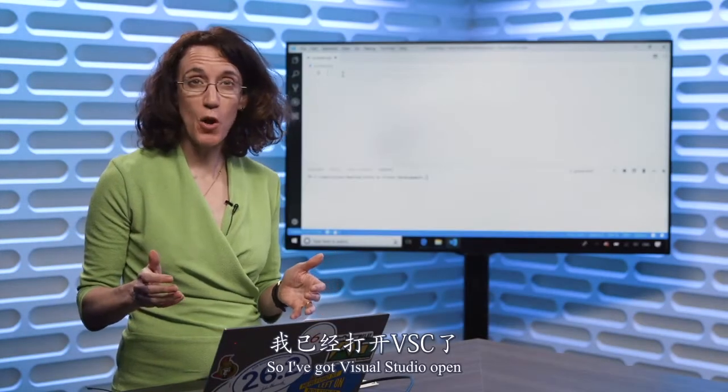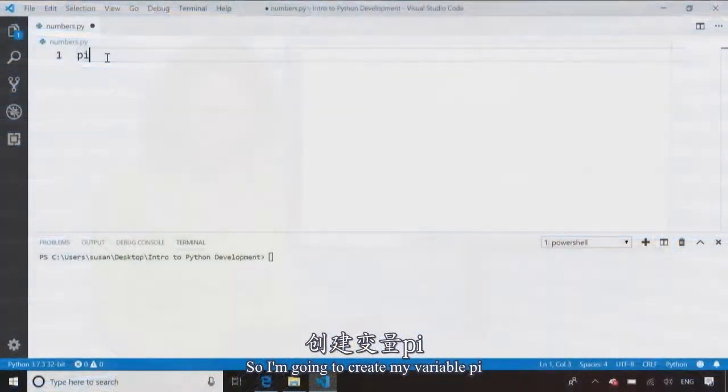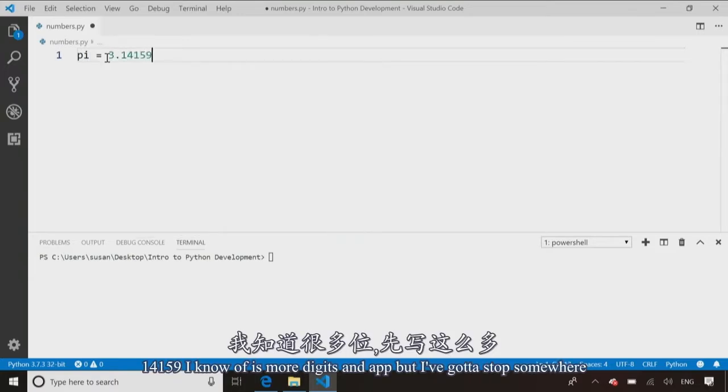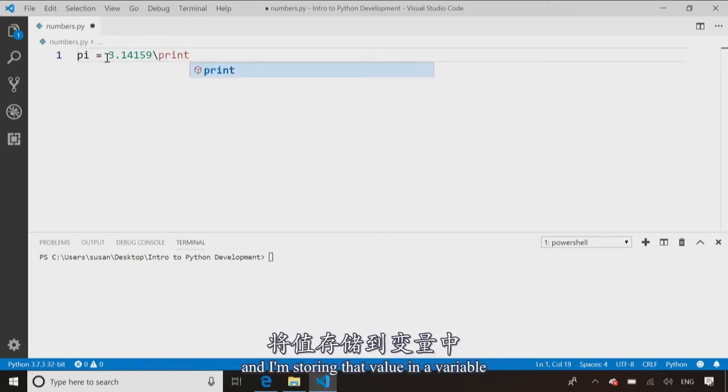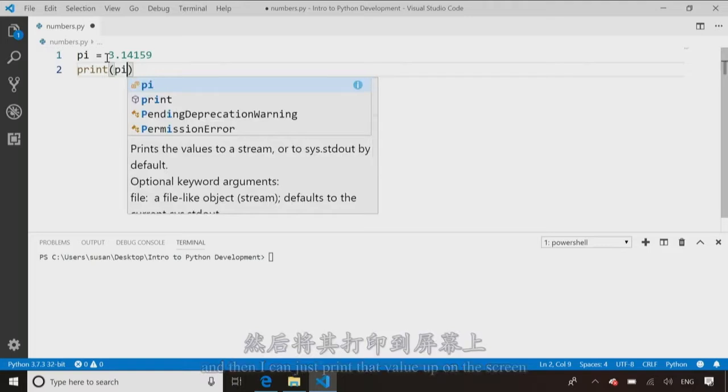So I've got Visual Studio open. Let's go and take a look at some code. So I'm going to create my variable pi. 3.14159. I know there's more digits than that, but I've got to stop somewhere. And I'm storing that value in a variable, and then I can just print that value up on the screen